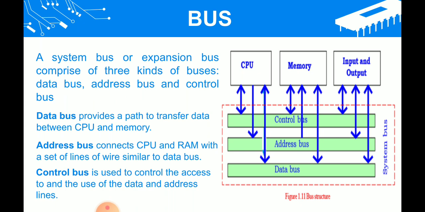Next is the control bus. This control bus will control the data and address both. Which means here the control signals are carried from CPU to other components. So in the control bus, again, the control bus is a two-way communication. Here the signals can be sent from CPU to memory and CPU to input output devices, from memory to CPU, vice versa. Sorry, that is the control bus.